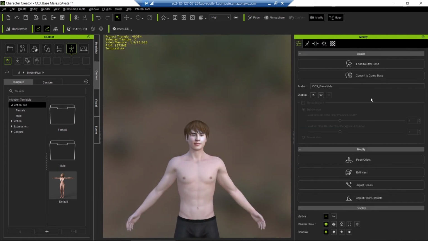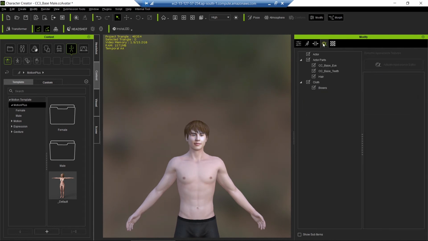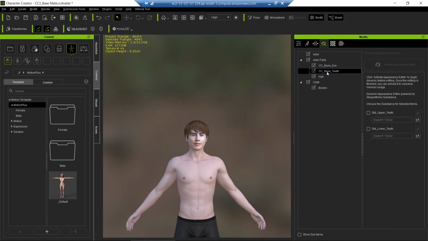Suppose that you have applied the hairs and some part of the hair is not correctly fitting with the mesh. Then what can you do? Suppose your face mesh is a little higher. You will come to these areas and see. You can even change the textures that have been used to generate the teeth and eyes. You have to select the specific STL files that you will be creating.